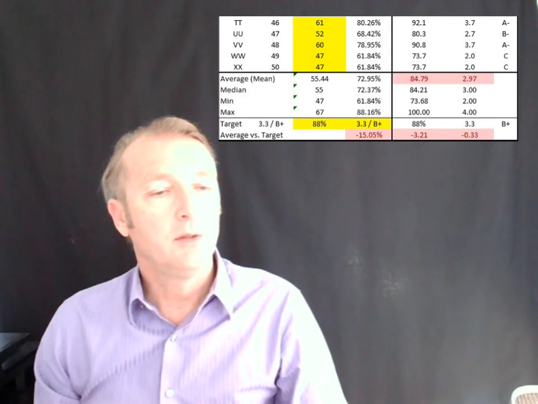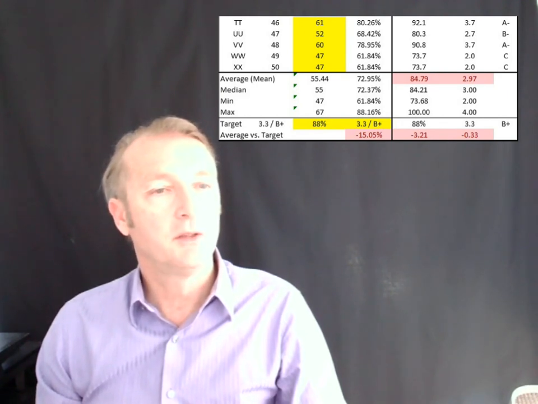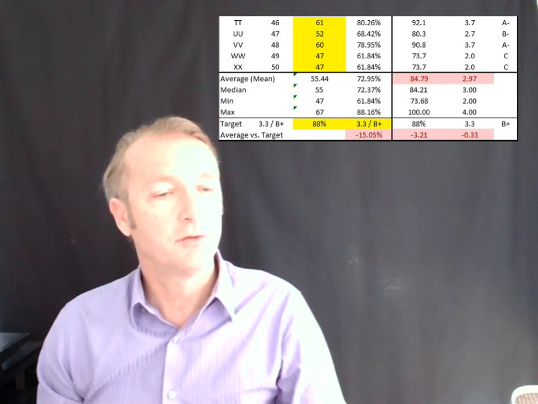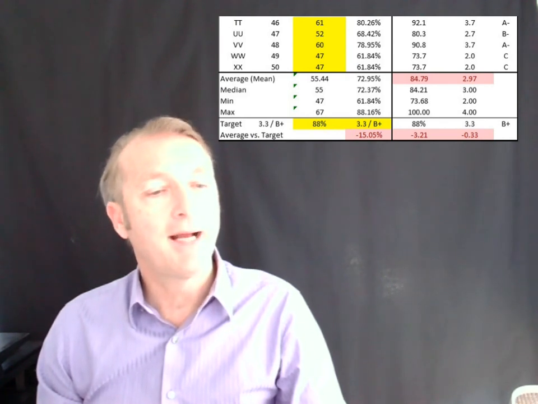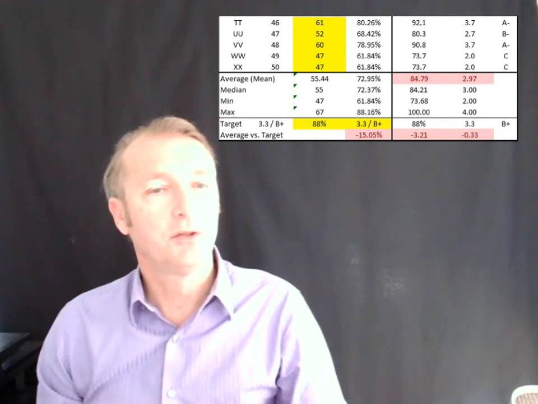So what do we do next? Well, what we could do is, of course, look at the average grading. And in this case, we are 3.2% too low. So we can take that and add that to the lift. And that's what you can see up here. I've added that score to 11.84. So we now have a lift score of